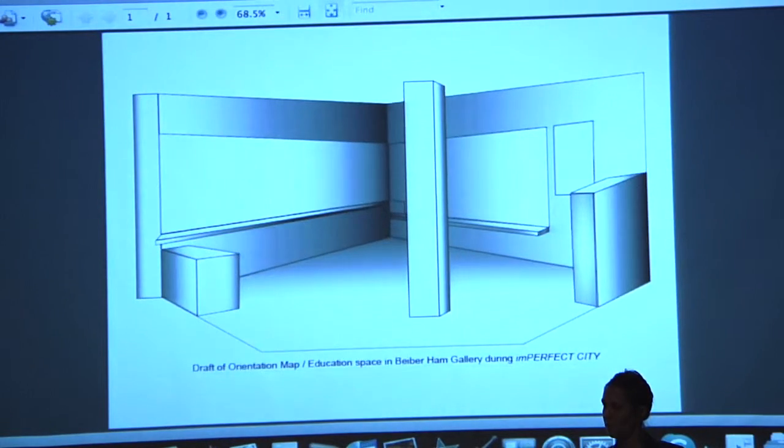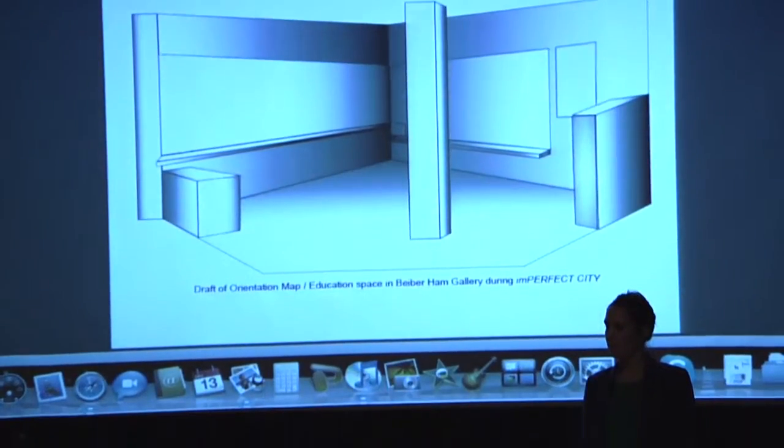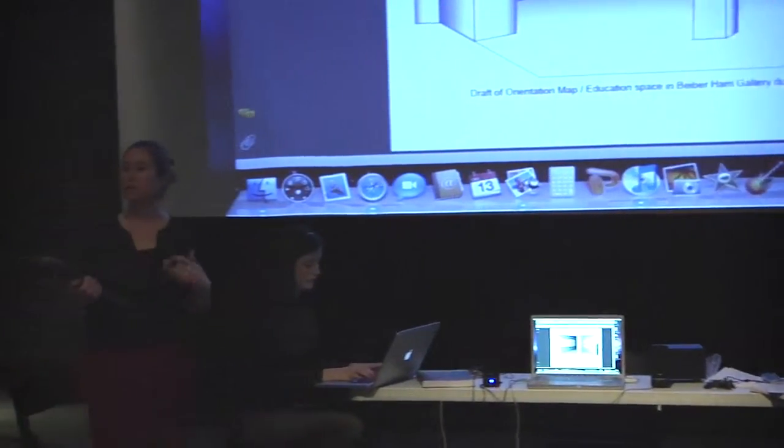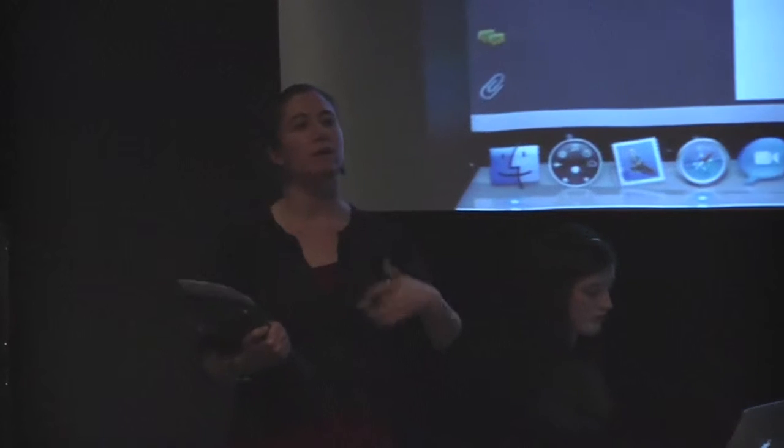In terms of a class or a tour, it'd be a great way for us to start discussions with the students. What would you like to see inside of here? Place it on the map. Why did you choose that? Why is that there? Why is that next to this? You can talk about city planning, what you need next to each other, what components you need inside of a city, what decorative things. Given that the exhibit is going to change and we're never quite sure what's going to be in there, we always have something physical that we can work with the students. So that's the general idea.